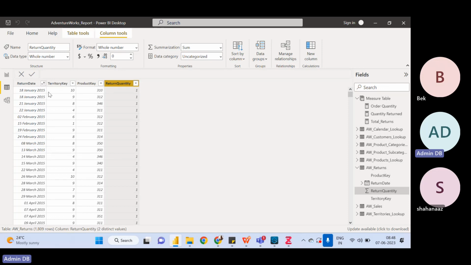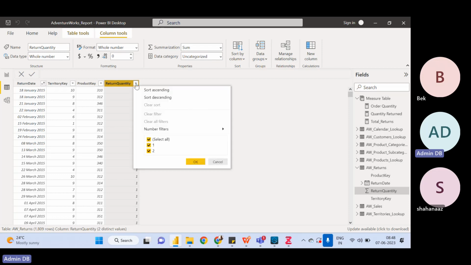Let's say on 18 January 2015, you ordered milk, only one packet of milk. So on 18th January 2015, there is one item. You returned one packet of milk. So that is one. Now, this is one row item, one transaction that happened, and in that transaction, one product was returned, right? Similarly, we have